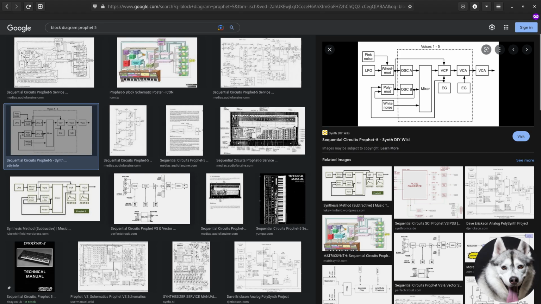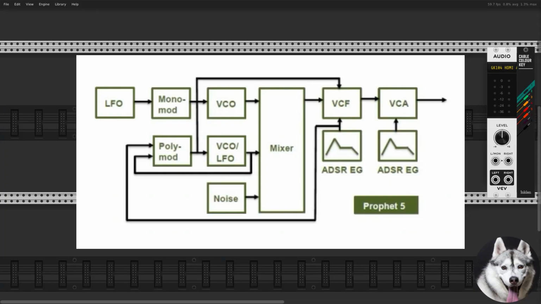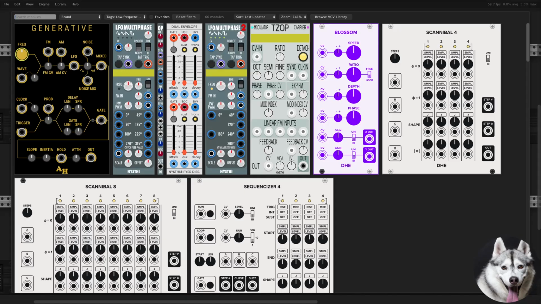After that, and this is the most important step, I usually look for block diagrams that are basically a really well explained map of the components and their connections. For example, this block diagram of the Prophet 5 shows an LFO that goes to the mono mode, then to the VCO, mixer, VCF and VCA. These last two with independent envelopes. That's the general structure. You just need to replace the LFO with your favorite module, connect the cables, adjust some variables,